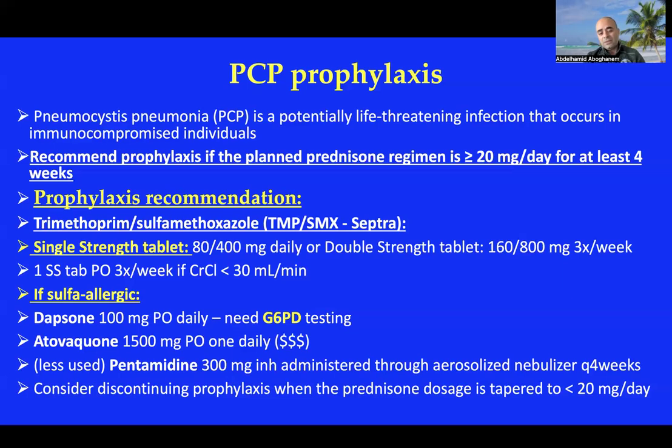If you don't have it, usually the second option I use is Atovaquone 1500 milligram PO once daily. And sometimes with this option, you can complete just 6 months or 9 months if low risk for PJP pneumonia. And Dapsone, I rarely saw it, maybe you can see 2-3 patients a year. 100 milligram PO daily, but you need to be sure his G6PD is not deficient, okay, because of hemolytic anemia.